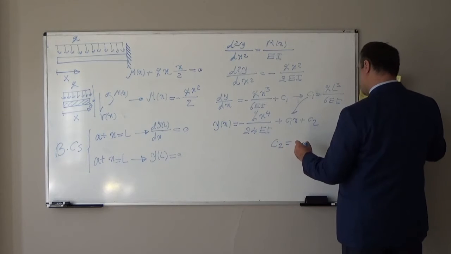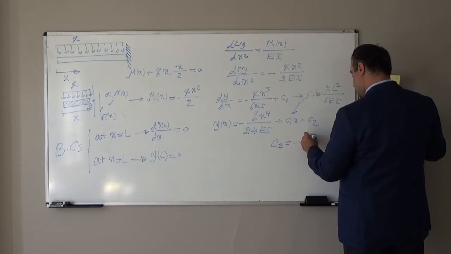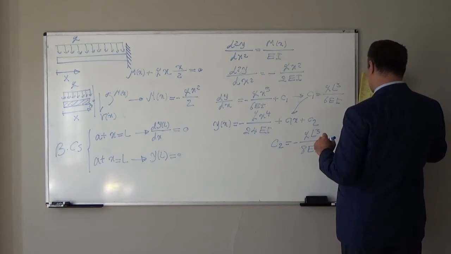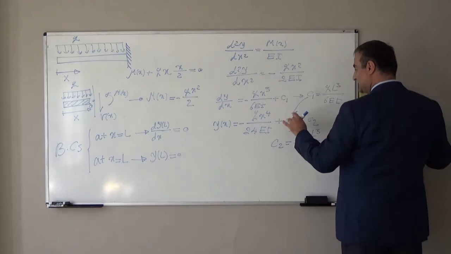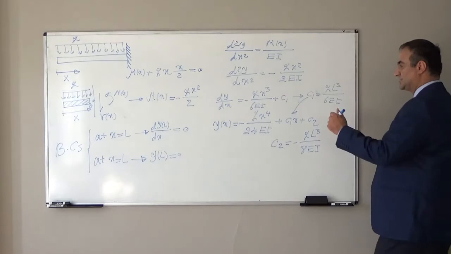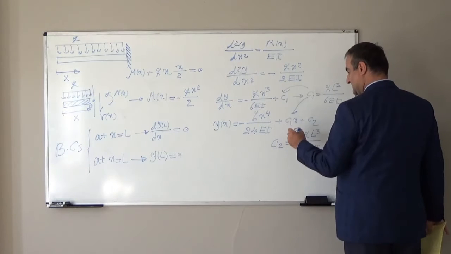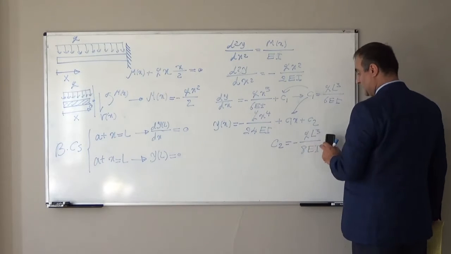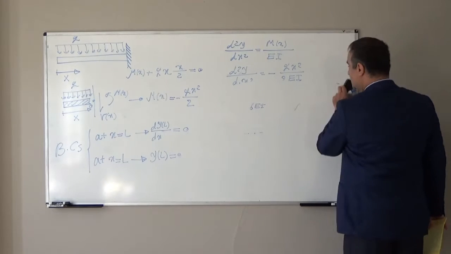C2 will be equal to negative QL to the power of 4 over 8EI. Now, we have C1, we have C2. We can substitute this C1 here and this C1 and C2 here. So I should rewrite these equations. If I do that,